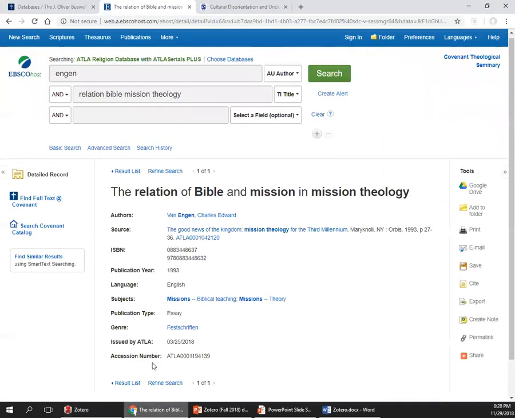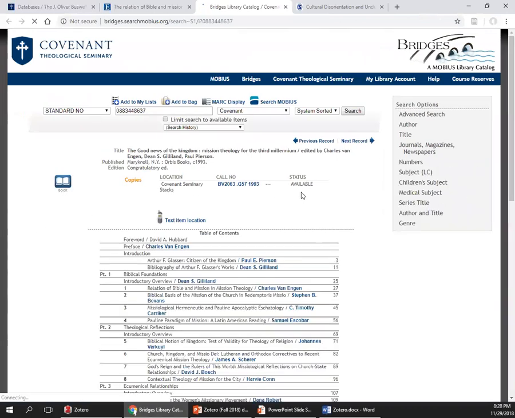Now, one thing I could do, if I go back to the record, I can search for this book in the Covenant catalog and see if this is something we have, and we do. So here's a record for the whole book that contains that essay. There's that essay right there. So I'm going to pull in